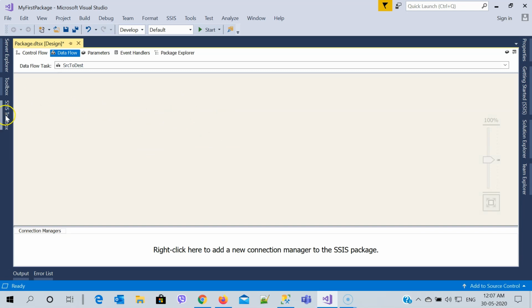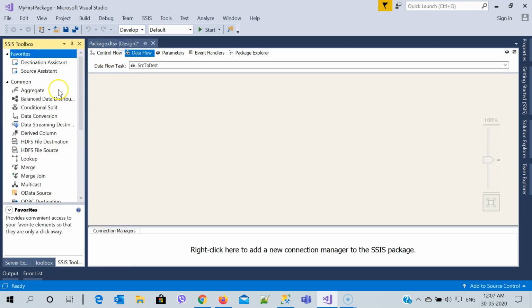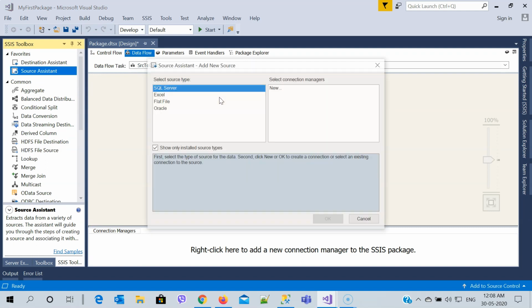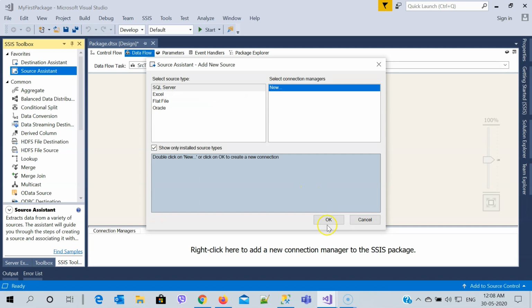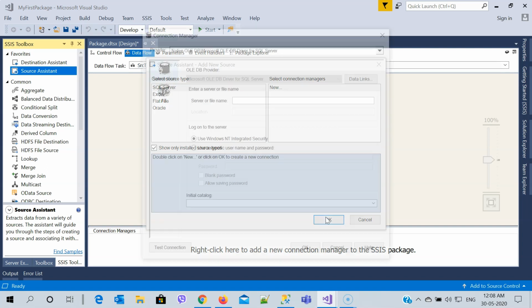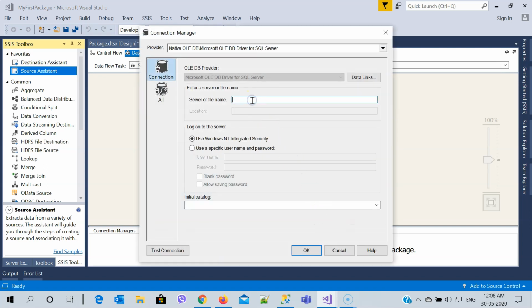In this case, I will go to the toolbox one more time, and first I'm going to get a source assistant. It's going to be a SQL Server, new, OK. Now I need to put a server name. So I'm going to say adv server.database.windows.net, and I need to use a user ID and password.